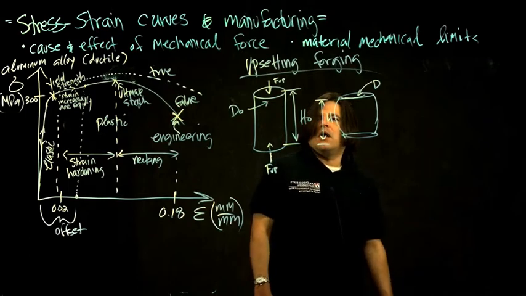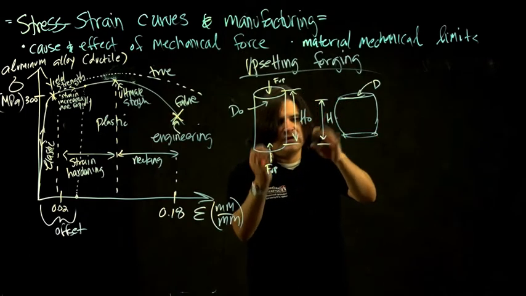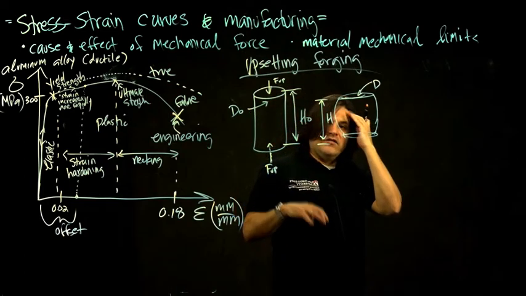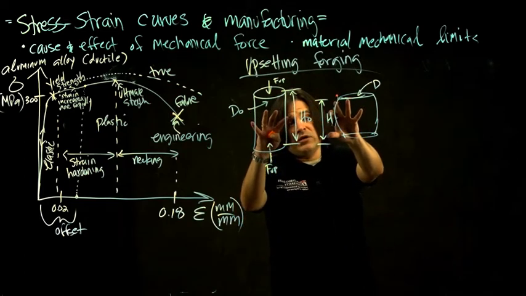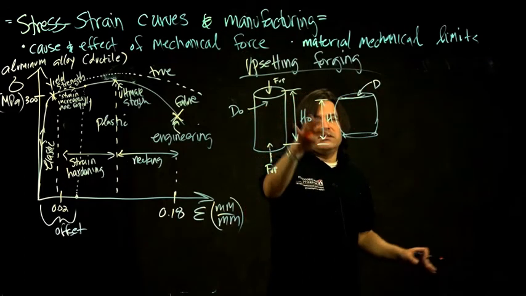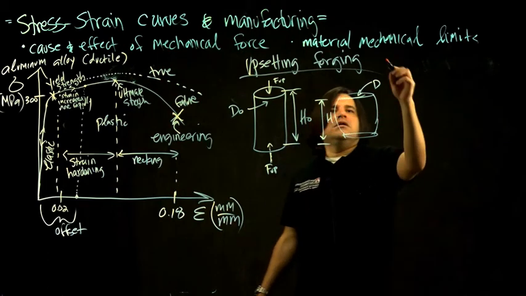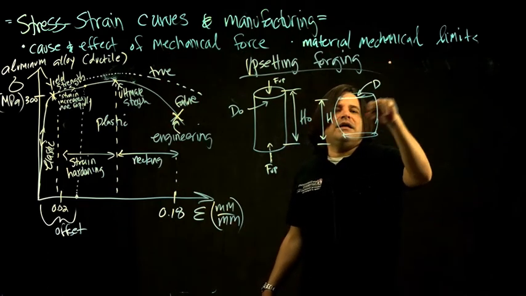There are common models that are applied for this type of analysis, which is simple, but you can use it to get general ideas. Even in this process we're neglecting a lot. And then you can also extrapolate this simple process to other general forging behavior. So if we were to simplify it by neglecting this barrel,